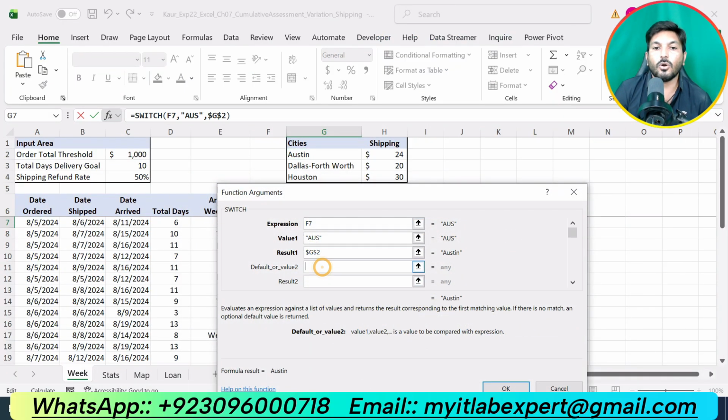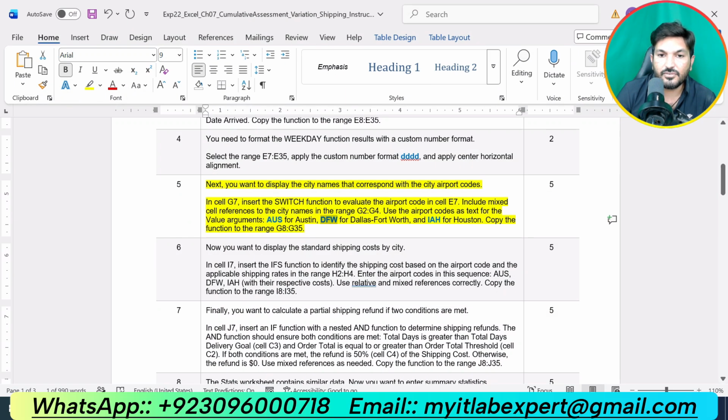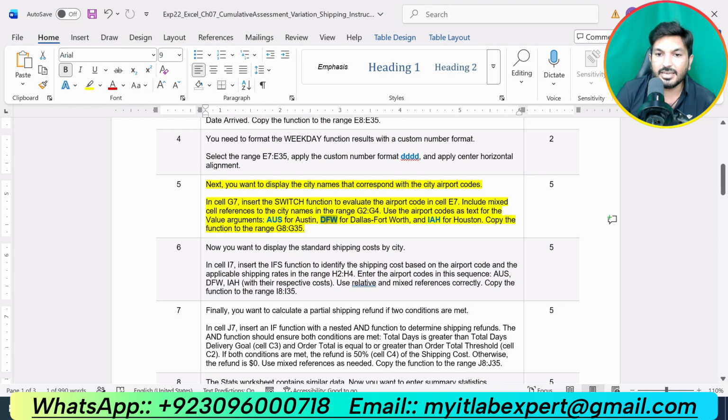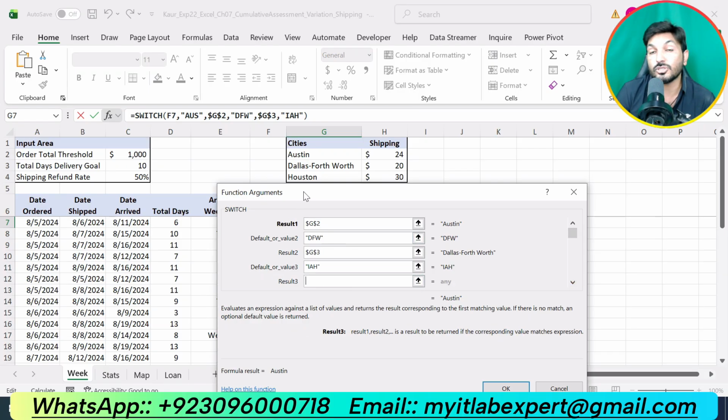Now for the second, that is DFW, we are supposed to switch this to Dallas Fort Worth, that is G3. Now the third one is IAH, we are supposed to switch this to Houston, that is given in cell G4.